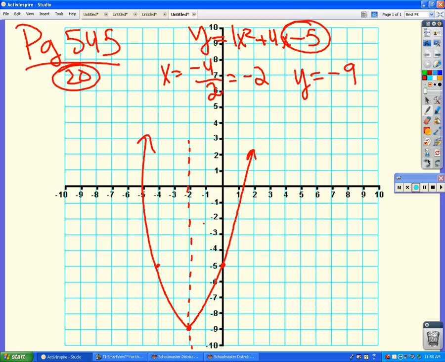I don't understand how I got -9. Okay, the way I got -9 is I took this equation right here and I replaced all the x's with -2's. So instead of saying x squared, I said -2 squared. And -2 times -2 is 4, plus 4 times -2, which is -8, minus 5. So 4 plus -8 minus 5 comes out to be -9. So once you do that first step to figure out what x is, then you need to